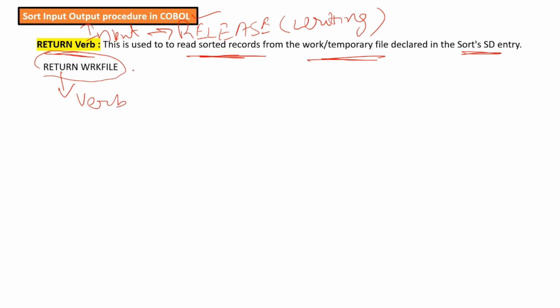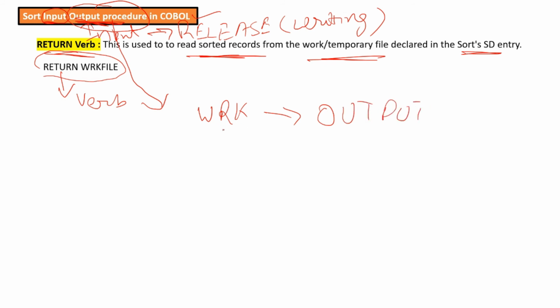Okay, so in the output procedure, what happens? In the input procedure, we have written the data into the work file. But in the output procedure, we will write the data from the work file to the output file.